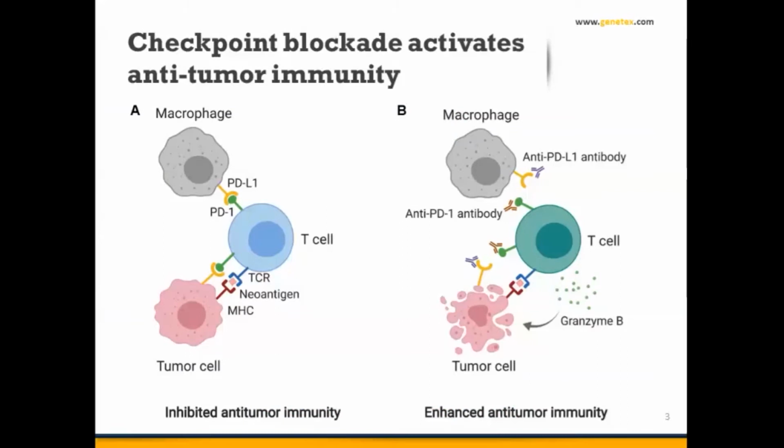Despite their clinical success, issues such as missing targets, intrinsic and acquired resistance, hyperprogressive disease, and the lack of reliable biomarkers or autoimmune disease have now become new challenges awaiting further investigation. So let me use this slide to briefly show you the concept of cancer immunotherapy, which was developed by Dr. Jim Allison and Dr. Honjo, who won the Nobel Prize in 2018 for their innovative identification of using monoclonal antibodies to target the inhibitory signaling pathway in the tumor microenvironment, in the case of PD-L1, and thereby enhance anti-tumor immunity as a